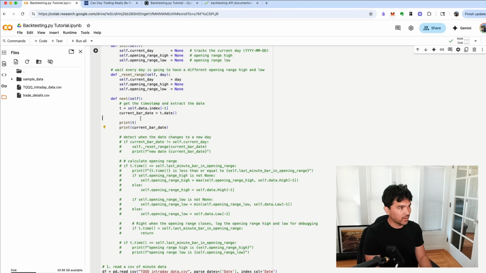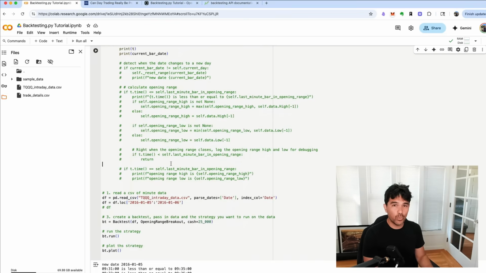So I'm going to print the current bar date. In the last video, we tested just 1 month of data, so January 2016 through February 2016. And this one, since we're going to be looking really closely, what I'm doing here is just getting a slice of data from January 5th through January 6th, so just 2 days. I want to make sure we can get the opening range high and low from one day,